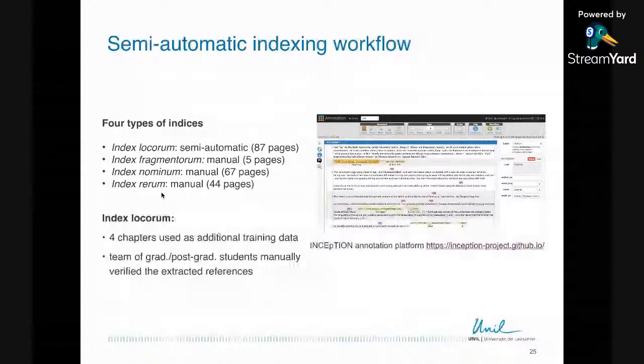And I've been using, with a very good experience, the Inception annotation platform, which I believe has been mentioned also in some earlier Sunoikis episodes, so to say.